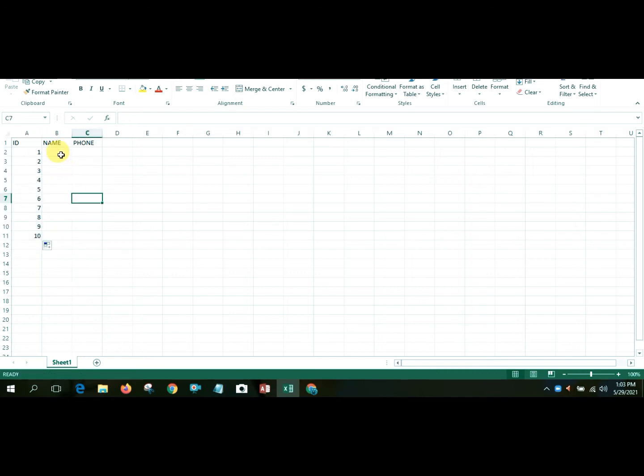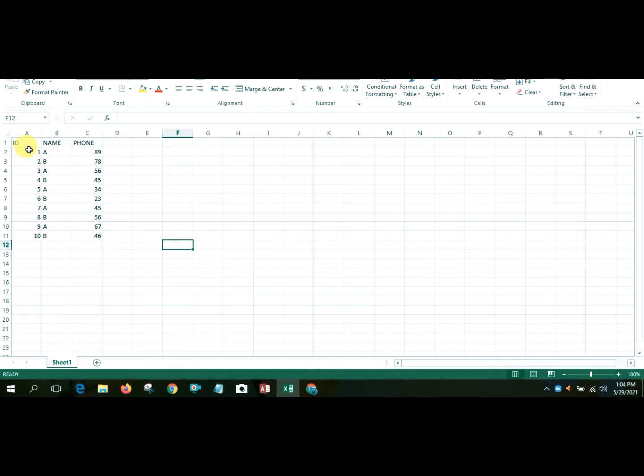And name, suppose alphabetically A, B. And phone number, suppose, just an example. Okay, so now how can I use a filter in this table?